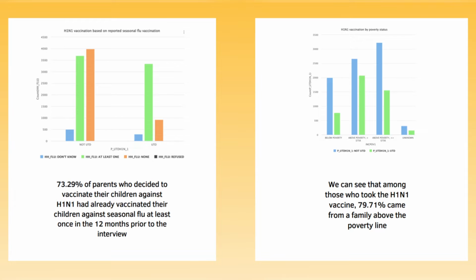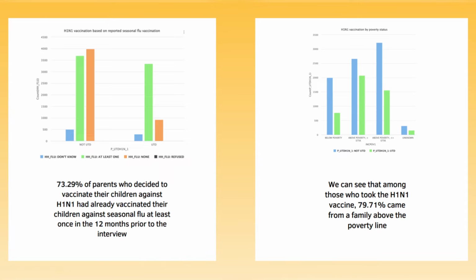Then we decided to look at whether there was a link between the wealth of families and their reluctance to have their children vaccinated. We saw that families who were above the poverty line were less likely to refuse the H1N1 vaccine. We can see that among those who took the H1N1 vaccine, 80% came from a family above the